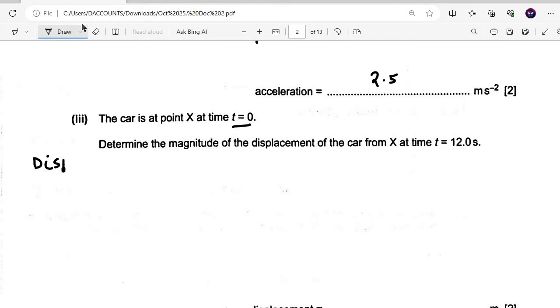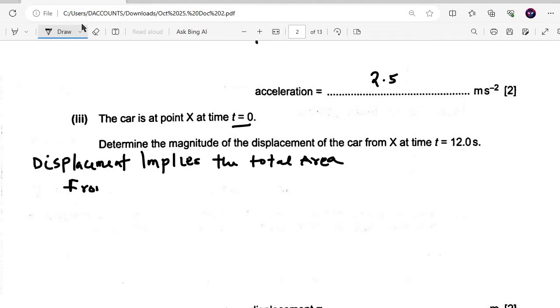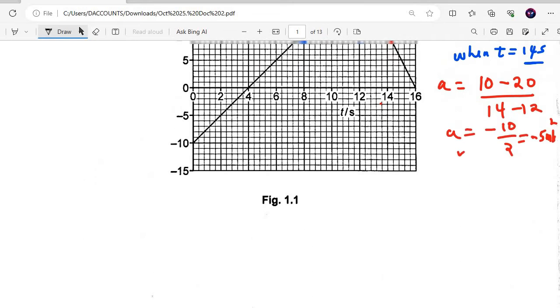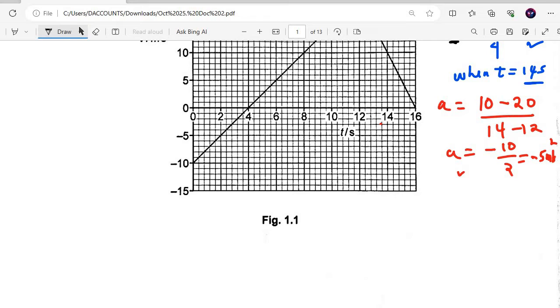Like I said, displacement implies the total area, according to the question, from t equal to 0 to t equal to 12 seconds. So from here, at 0,